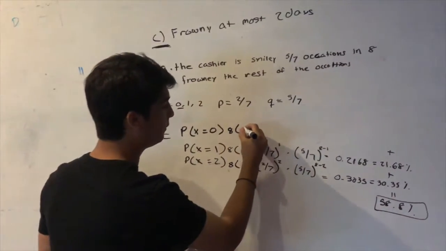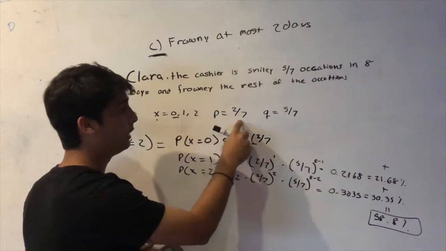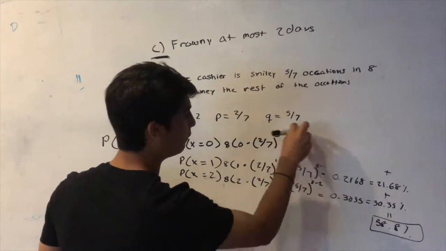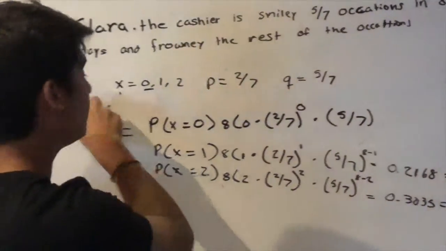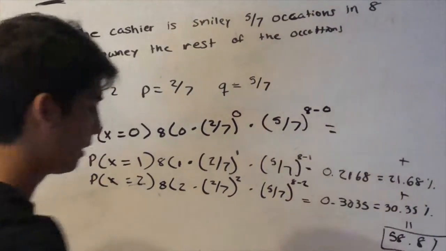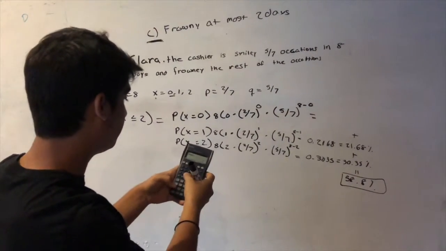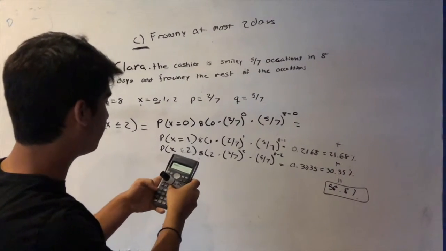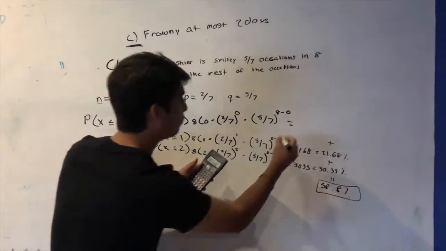It's 8C0 times 2 out of 7, the probability of success, raised to the x, times the probability of failure, 5 out of 7, raised to n minus x, which is 8 minus 0. So in the calculator you enter 8C0 times 2 out of 7 raised to the 0 power times 5 over 7 raised to the 8th power, and your answer will be